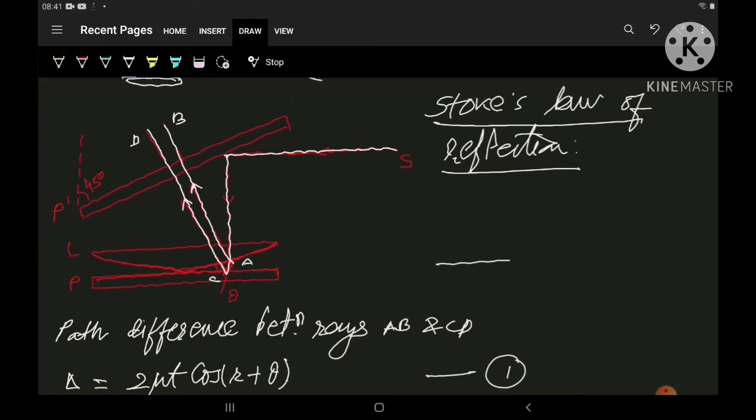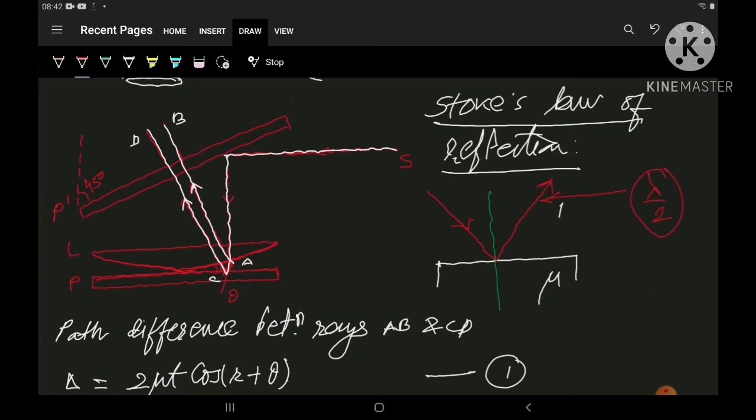medium, suppose this is a medium having refractive index mu, which is denser than the material of refractive index 1, suppose air. Then suppose this is a light beam which is made incident on this medium, and suppose this is the normal. Then this incident light ray will be reflected from the surface of the denser medium. Then in the reflected light, an additional path difference of lambda by 2 is produced.